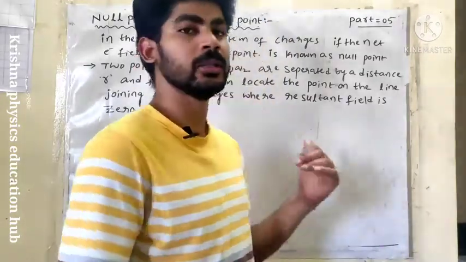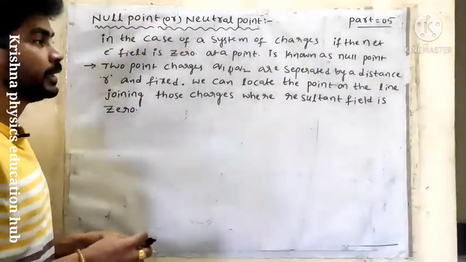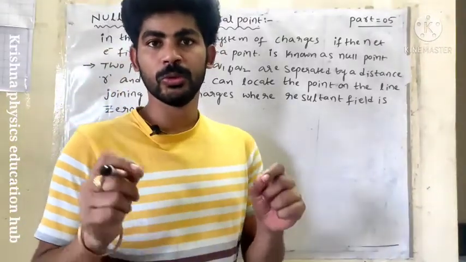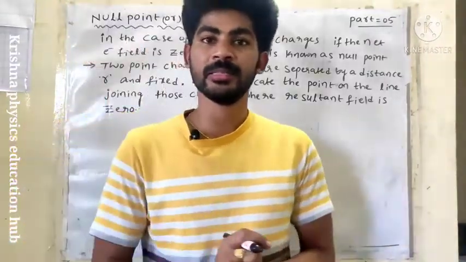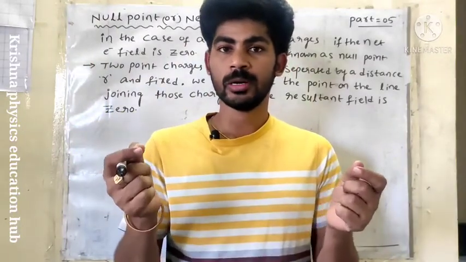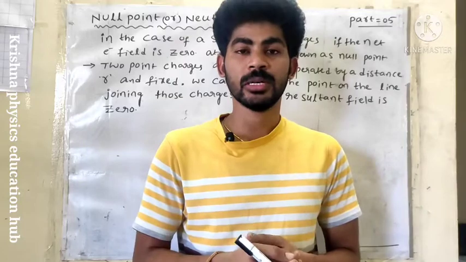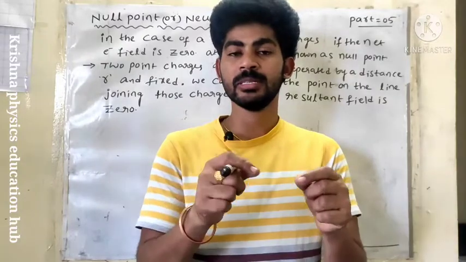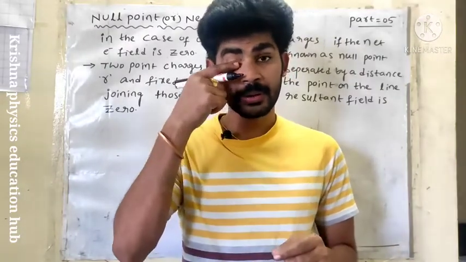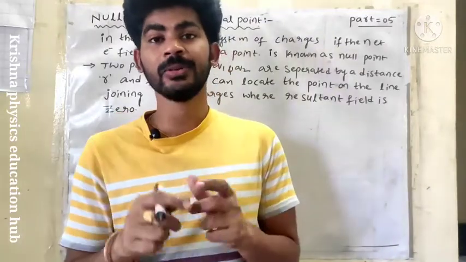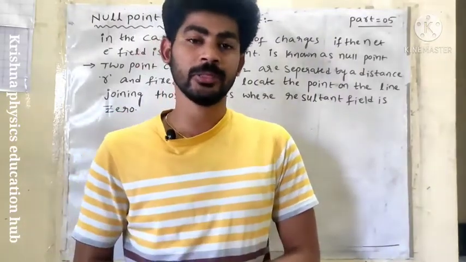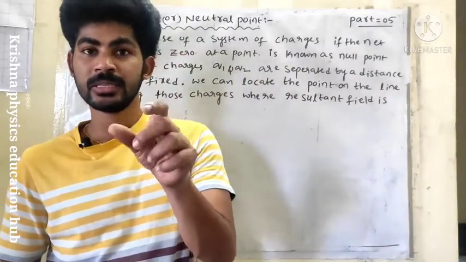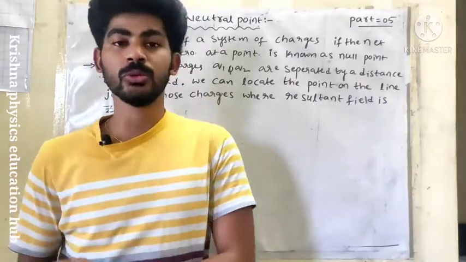So, null point or neutral point. What is the meaning of null point? You can take any two point charges at some distance. One can be a negative charge and one a positive charge, or both can be the same sign, whatever it may be. After some distance, the electric field is 0. Where the electric field is 0, that point is called the null point. Exactly at the middle the field is 0, and somewhere outside also the electric field